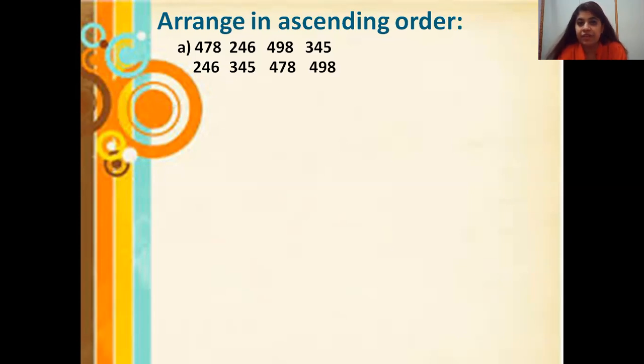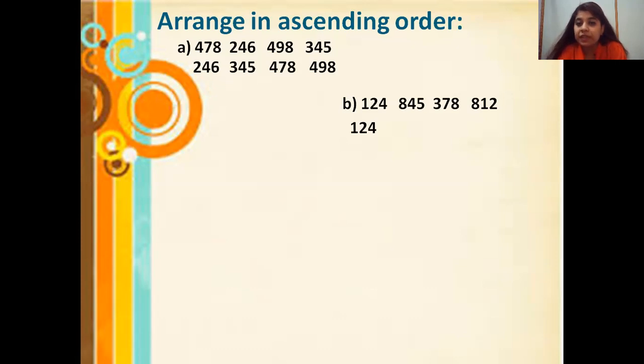Done? Very good. You can do this along with me. You can take out your rough notebooks. When I show you the question, you can write it along with me and you can practice. Now I have my second question on my screen. Yes. Now, which is the smallest number? Start looking from the hundreds place. 124 is the smallest number. So we'll write down 124 first.